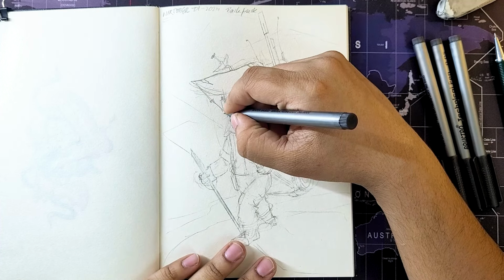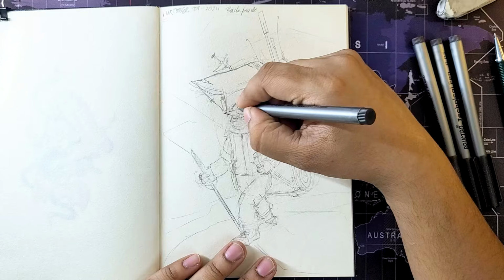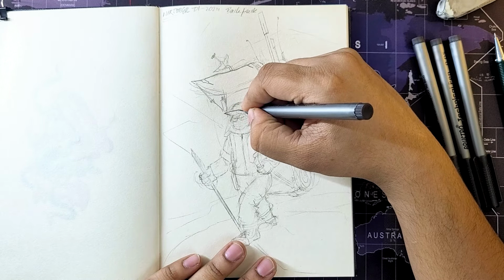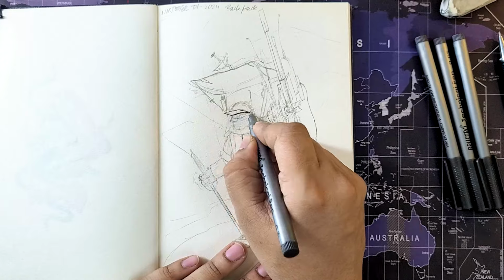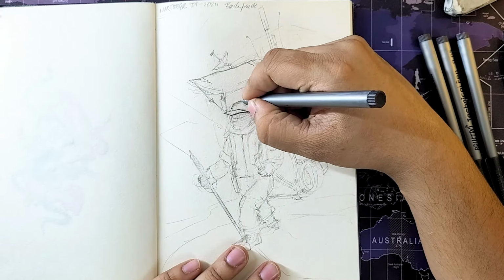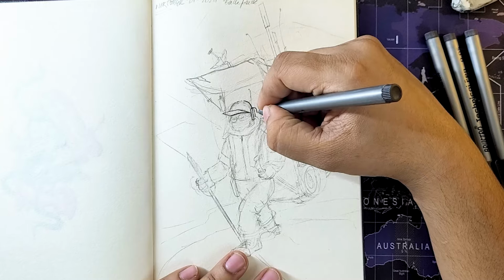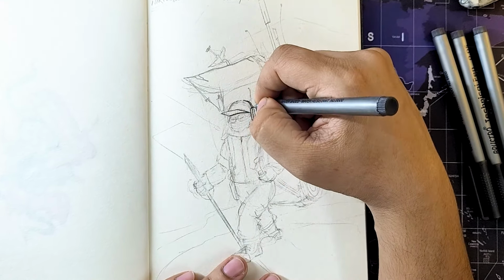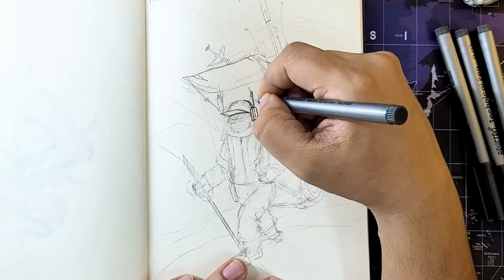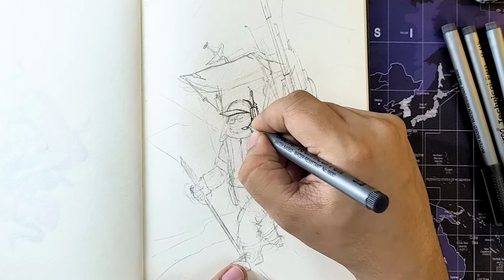Now, obviously, using references is not a bad thing, but if you want to become an experienced master illustrator, what you need is a good visual library, as I've always said. And to build that, you need to start drawing from imagination, from memory. Now, drawing from imagination doesn't always mean that you will be drawing the wrong thing. Obviously, you need to observe and look at a lot of visual assets, a lot of things, and remember how